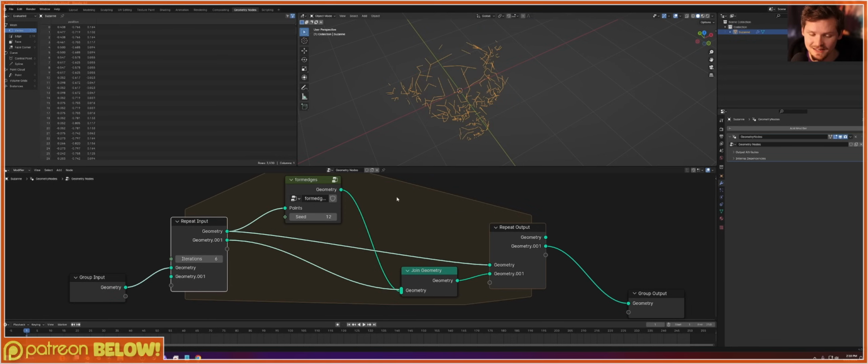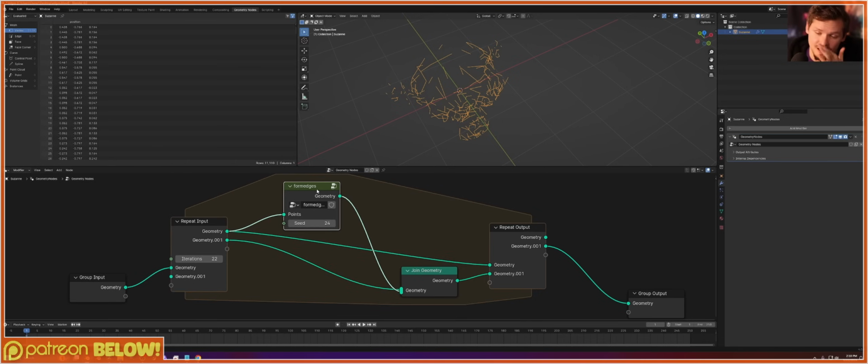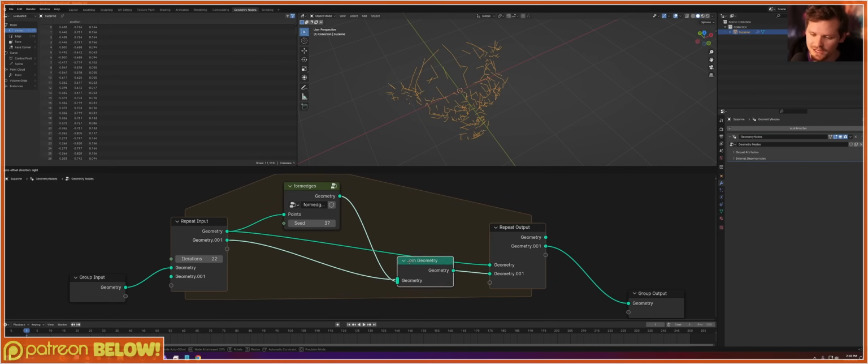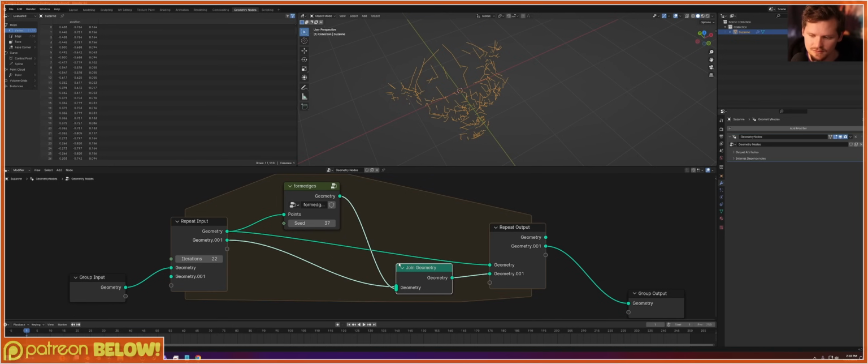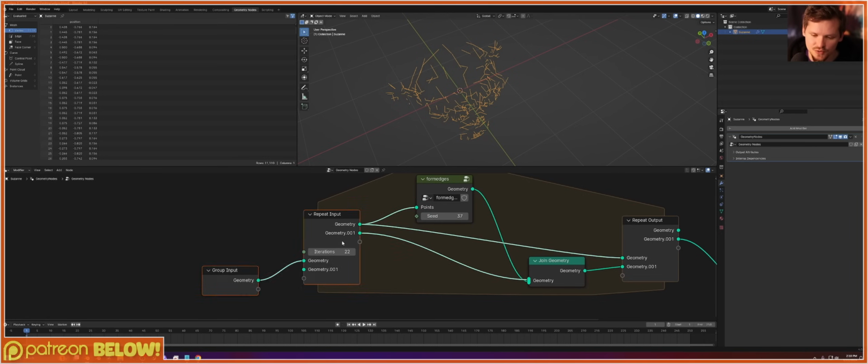Now, the reason that this isn't working the way we currently have it is, yes, we do have a changing seed, and yes, we can do a lot of iterations. Let's do 22, I guess. No matter what seed we pick, and they can change, that's a good thing, we're doing the same seed over and over again. So yes, they're joining, but it's joining the same thing. So we don't get any progress done. So what we actually want to do